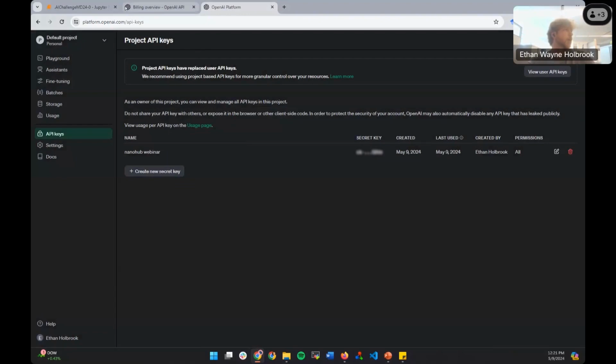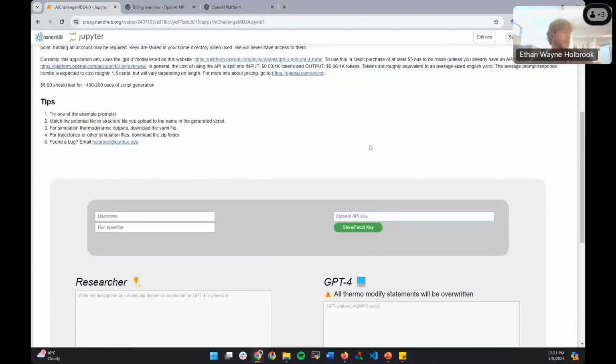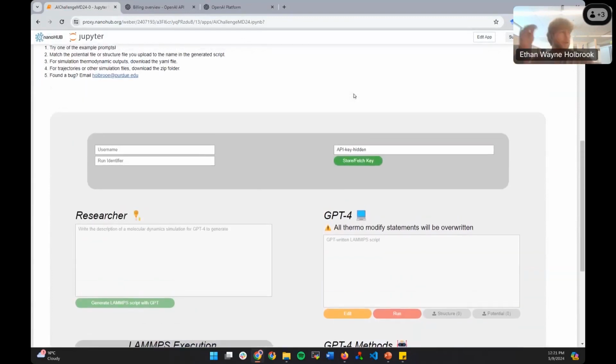I've already got my secret key, and I'm going to go ahead and fill that in off screen. I have my API key, and I stored it locally on my NanoHub thing, so we can't access the keys. Then enter a username. You can enter your NanoHub username or really anything that you want to associate with whatever